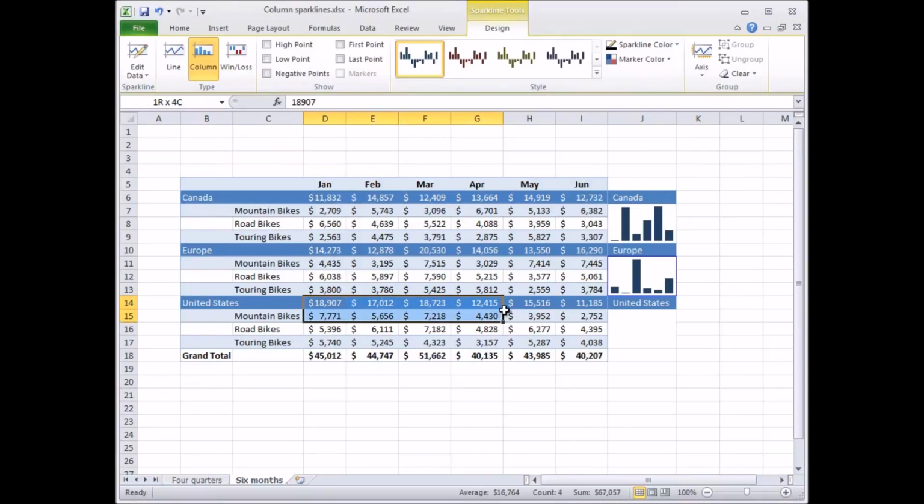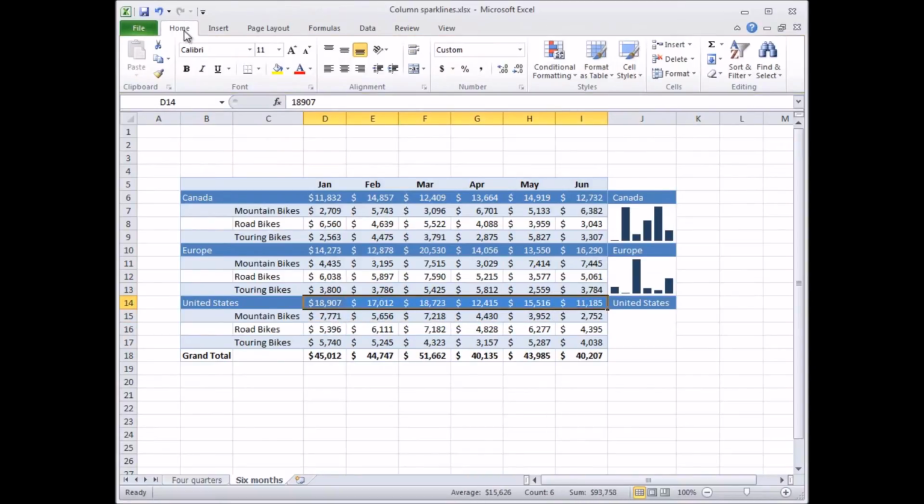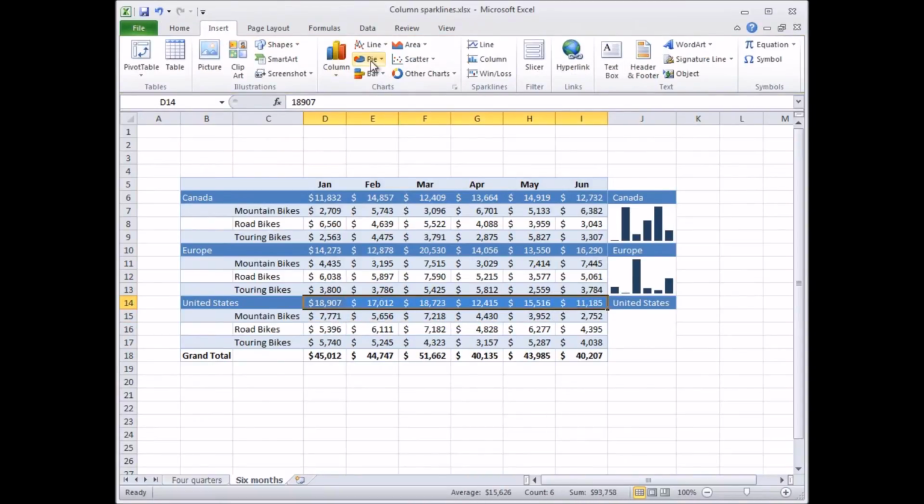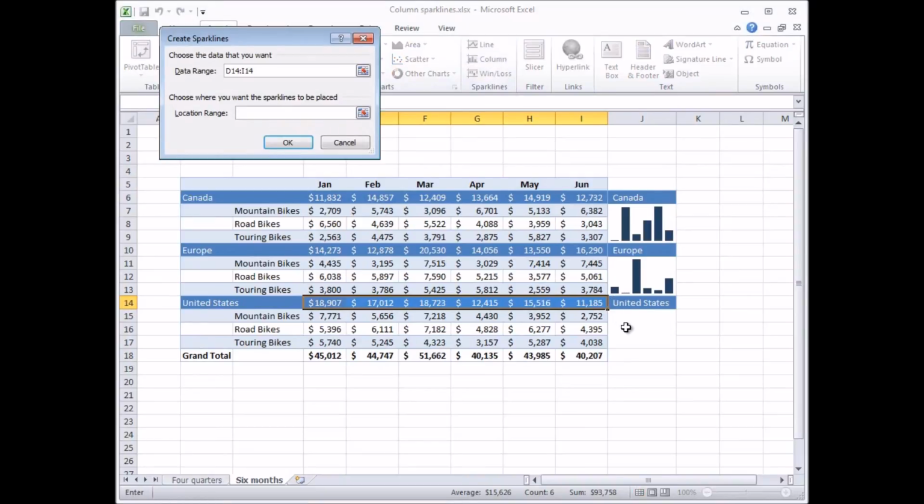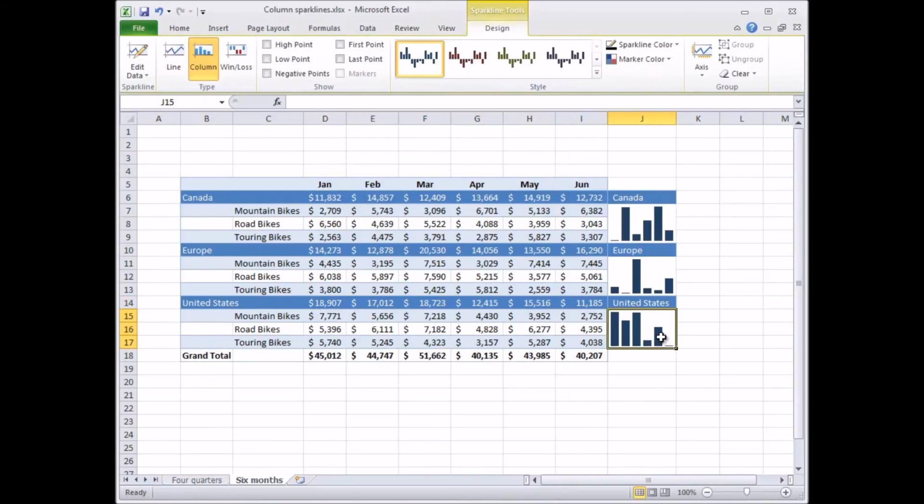and then finally for the United States, select the data, Insert, Column, click here, and then click OK. Now that gives the upper manager an immediate idea of the look for the totals of each of these 3 regions. But we've got a little problem here in that the axis is so small, the minimum values are